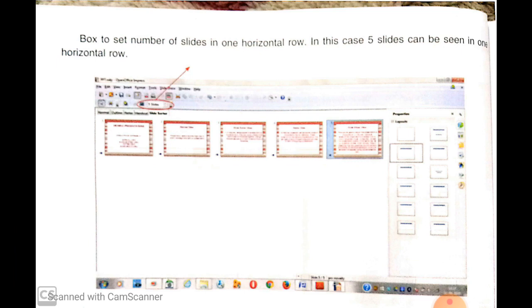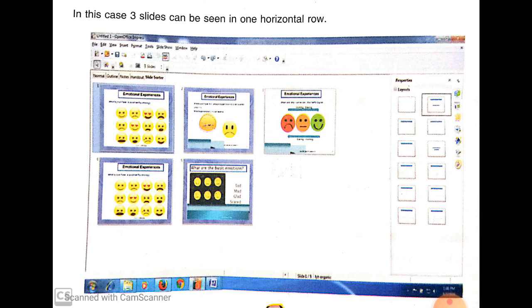Here is a box to set the number of slides in one horizontal row. In this case, 5 slides can be seen in one horizontal row, and in this case 3 slides can be seen in one horizontal row.